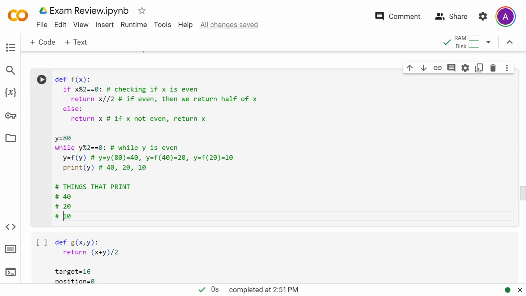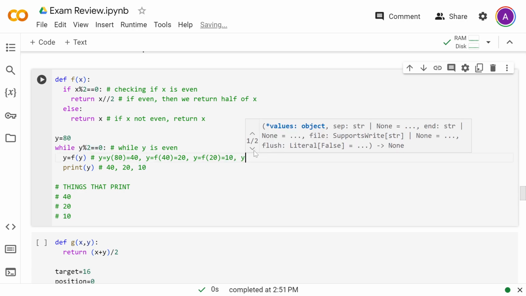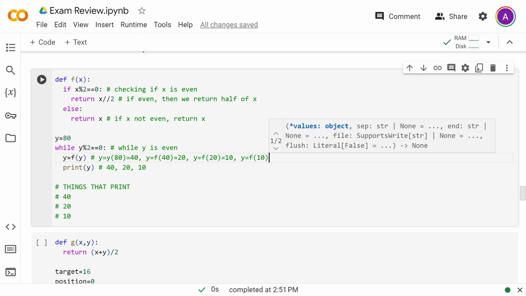So hopefully you guys kind of see the pattern here. Just keep cutting it in half, cutting it in half. But I have to be a little bit careful and make sure it's going to keep running. So now I check the while condition again. Is it still even? Yes, it is still even. So I'm going to do this again. 10. All right, so it's going to be 5. So I'm going to print